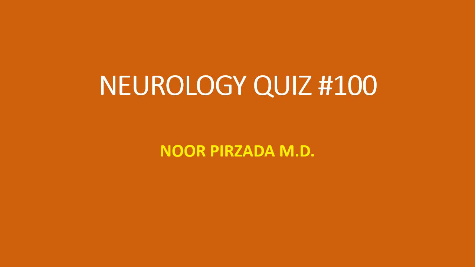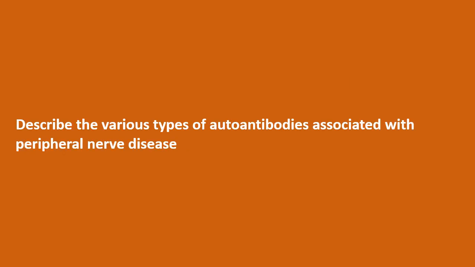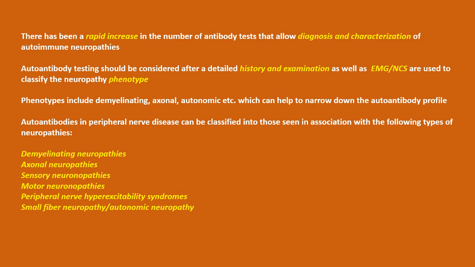Neurology Quiz number 100. Describe the various types of autoantibodies associated with peripheral nerve disease. There has been a rapid increase in the number of antibody tests that allow diagnosis and characterization of autoimmune neuropathies. Autoantibody testing should be considered after a detailed history and examination, as well as EMG and nerve conduction study are